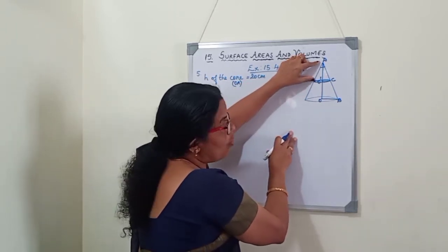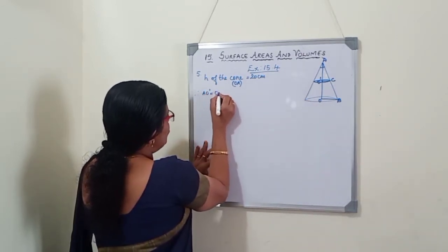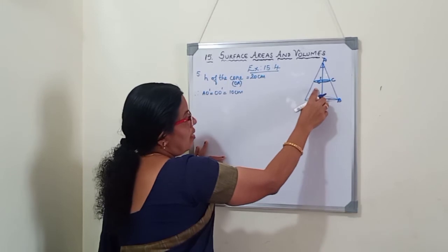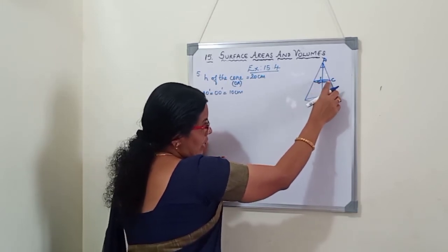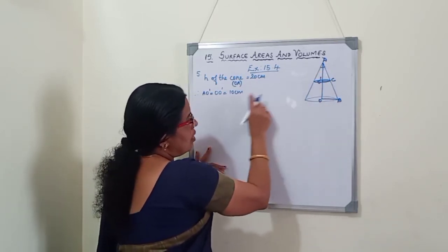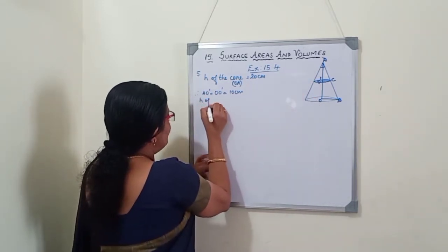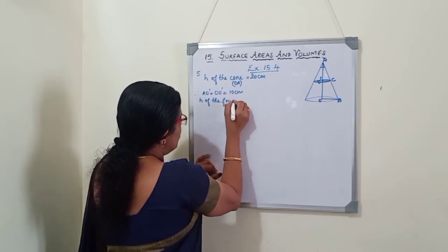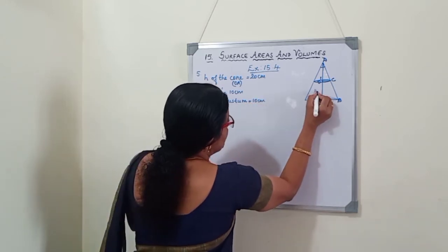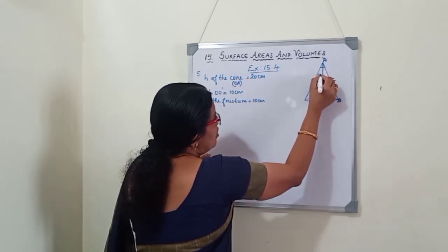Then what is AO dash and OO dash? Therefore, AO dash is equal to OO dash is equal to 10 cm, because total height is 20 cm and they are telling that the plane parallel to its base will cut it into 2 equal parts at the middle. So, AO dash will be equal to OO dash, and OO dash is the height of the frustum of the cone. Height of the frustum is 10 centimeter. Total height is 20 centimeter and this is 10. Even AO dash also 10 centimeter.